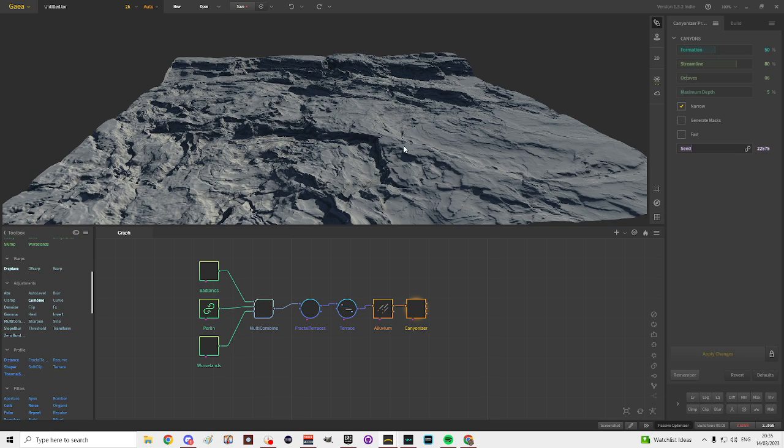Like I say, it's just a quick, simple landscape. Nothing fancy, no masks, no color schemes or anything like that. It's just a quick tutorial for people who are new to Gaia and want to get their own map in. Right, after canyonizer, I've used one more node, and then that's it, believe it or not, and that node is called